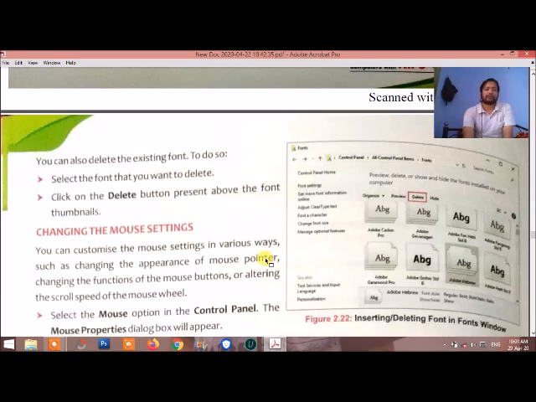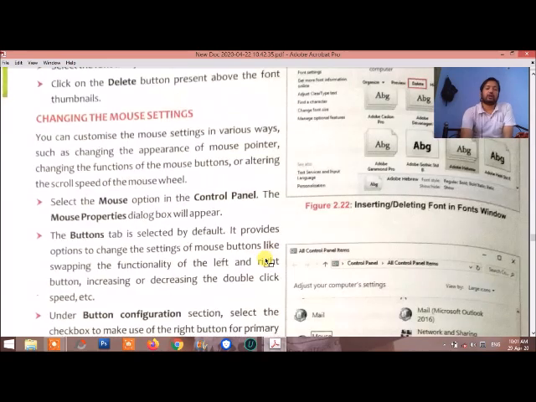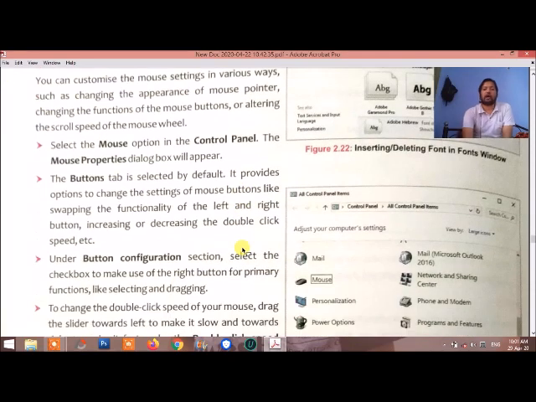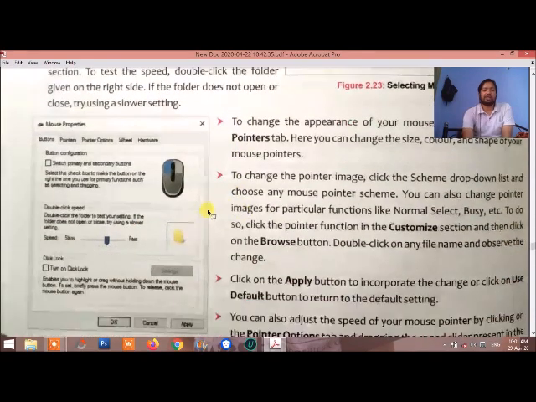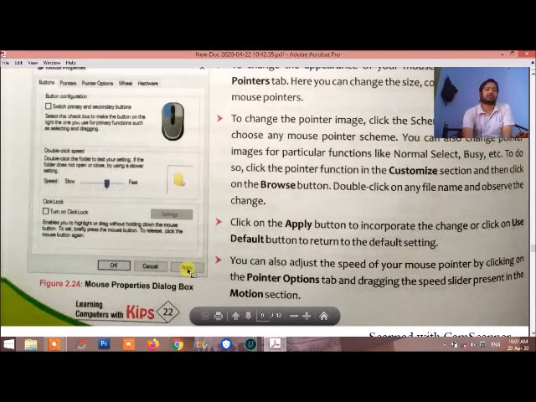The next option is how to change the mouse settings. Mouse settings are important for those who work with the left and right buttons. We can easily change the buttons of the mouse. Open the control panel and go to the mouse panel, and there the option will come to change the buttons. In this option we can change the left and right position of the mouse, and after changing, just click on the apply button. The mouse button position will be changed according to your setting.